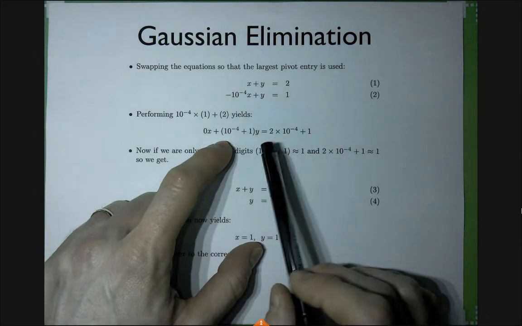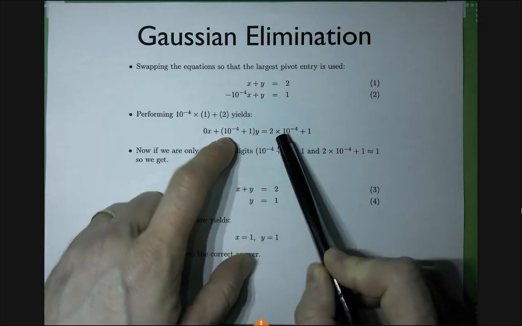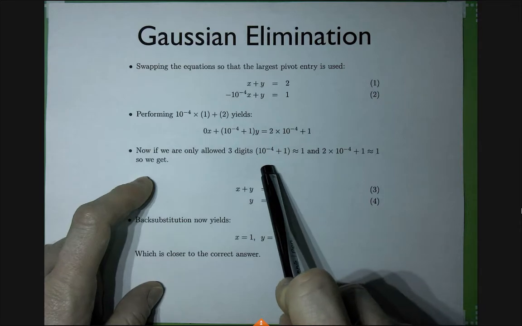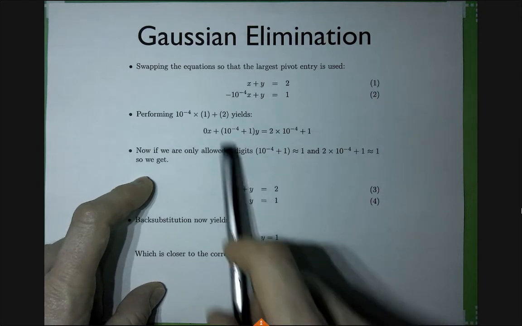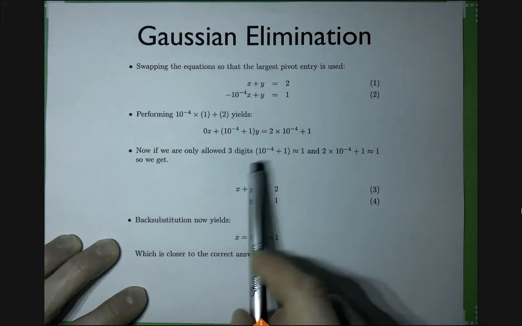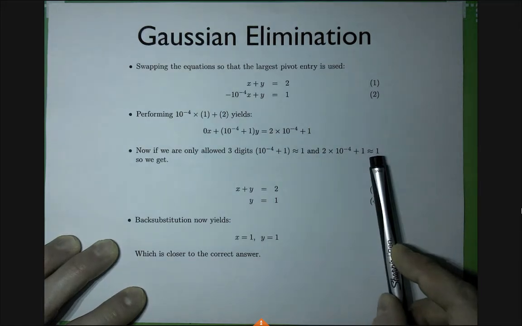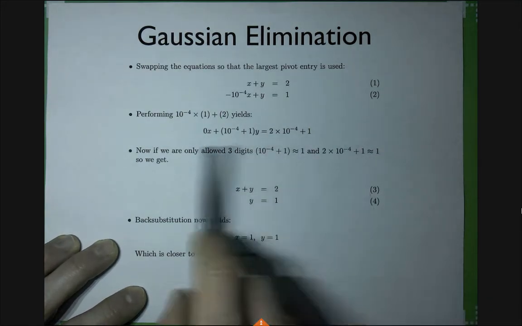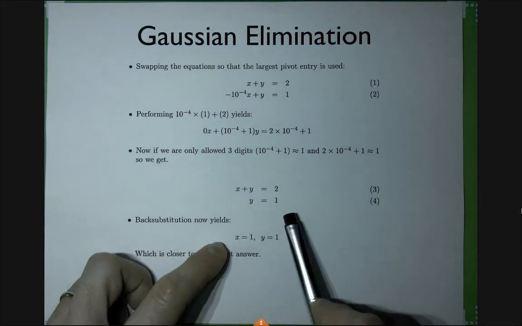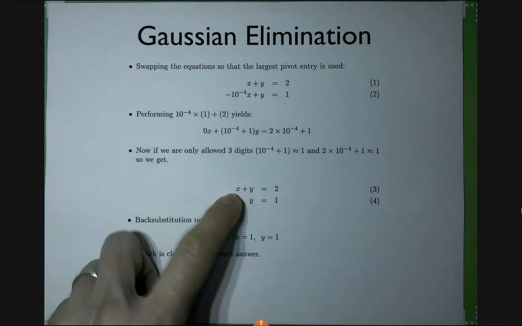That always is the case. And here I have some tiny number here and tiny number here. So again I have a rounding error. But here, this may be the wrong interpretation, this gets rounded to 1 again. This also gets rounded to 1. So out of this equation, all is forgotten except for y equals 1. And back substitution is trivial. You can see the y here, and you get that x equals 1.